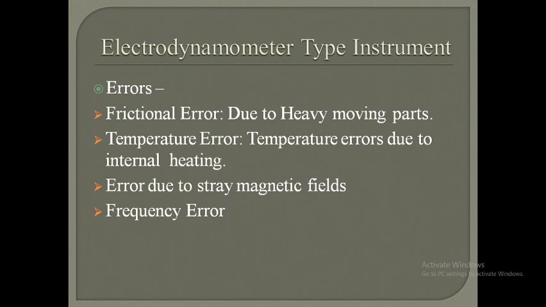Now what is a stray magnetic field first? As you know, the fixed coils used are air cored, which can carry limited current. Due to this, the operating magnetic field due to the fixed coil is quite weak. When the operating magnetic field is weaker, it can be easily affected by the field outside, and losses can occur, or it can create losses in the system.